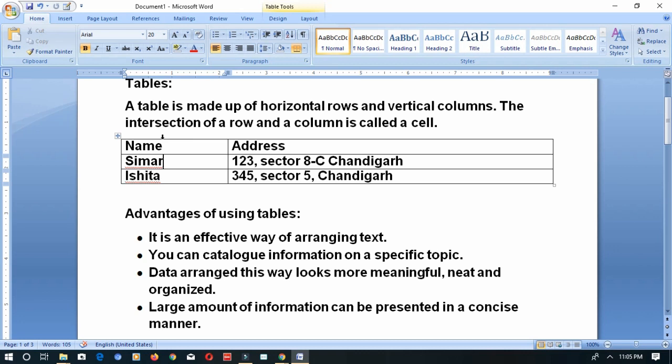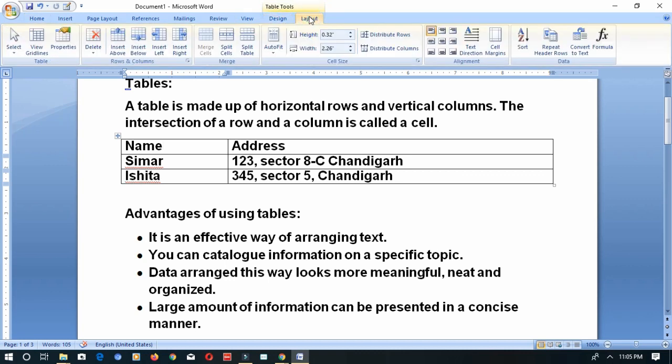If you wanted to select from there, where should you go? Listen, you will get two different tabs. If you go outside of your table, you will not see these two tabs. If you create a table and click inside it, you will see Table Tools with the Design tab and also the Layout tab. From here also you have options to select. Click anywhere in the particular row or column which you wanted to select, go to Table Tools, Layout tab, and select the option from the Table group. You have Select Cell, Select Column, Select Row, Select Table options.